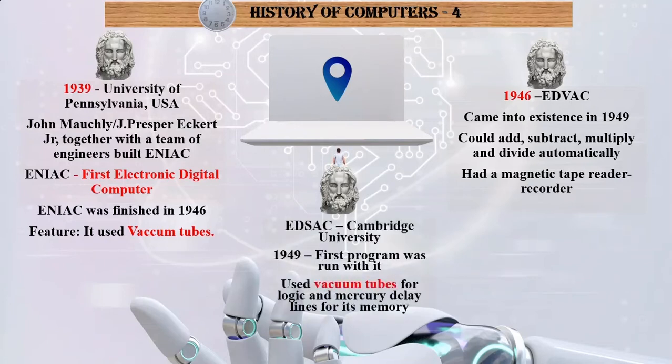And after that, in 1949, we saw EDSAC by the Cambridge University, London. It was the first computer that actually had a program run on it, and it used vacuum tubes for logic and mercury delay lines for its memory. So these are major things that happened in the history of computers, and this actually led inventors and scientists to